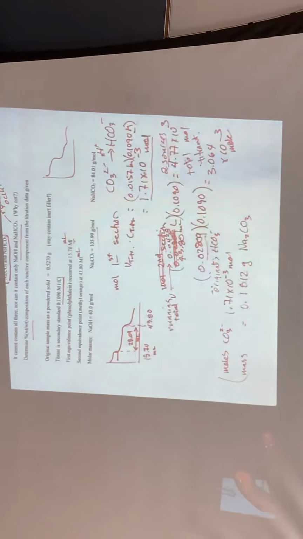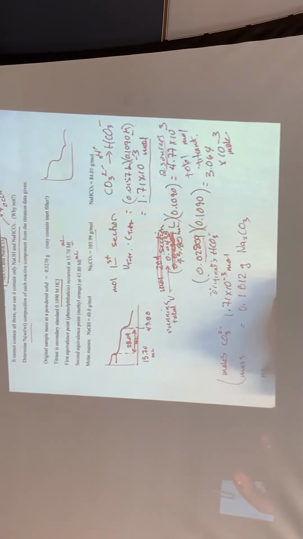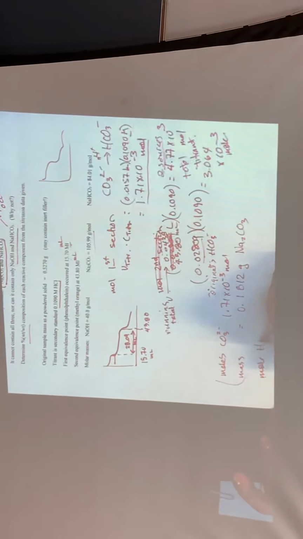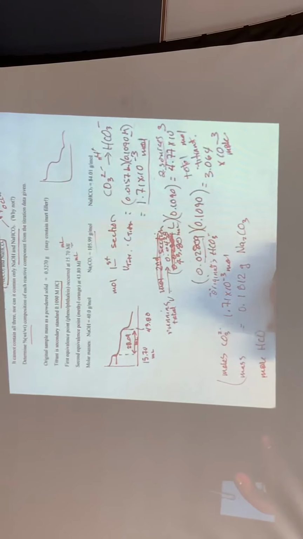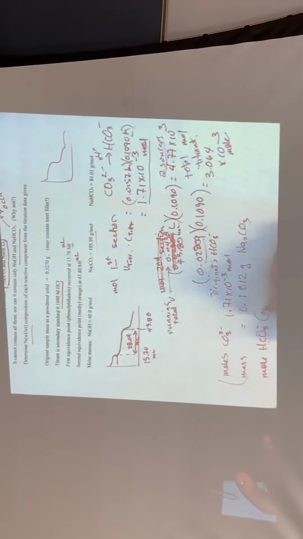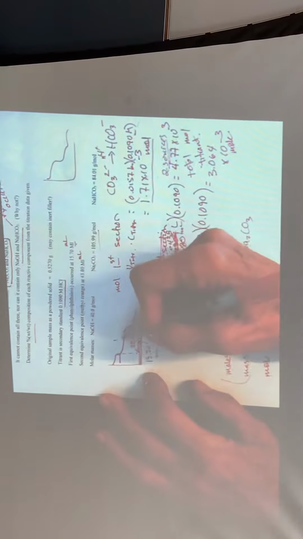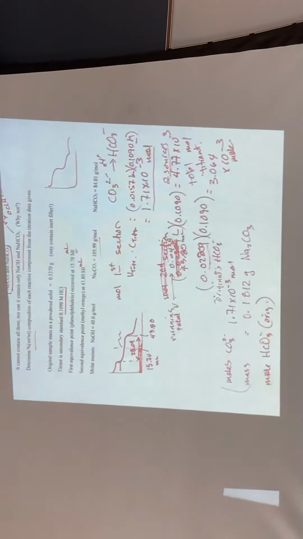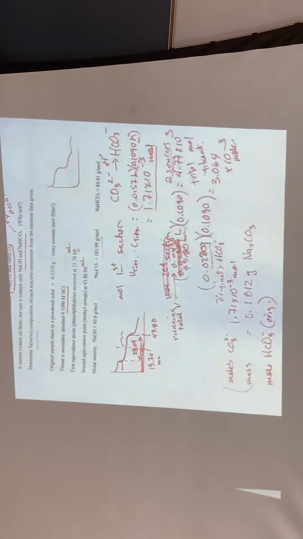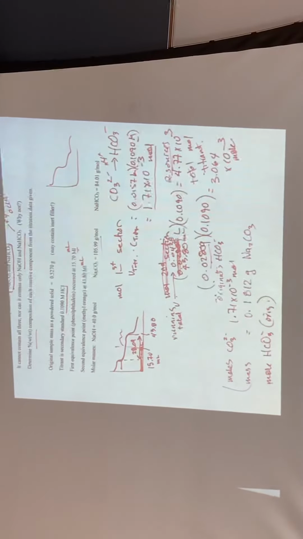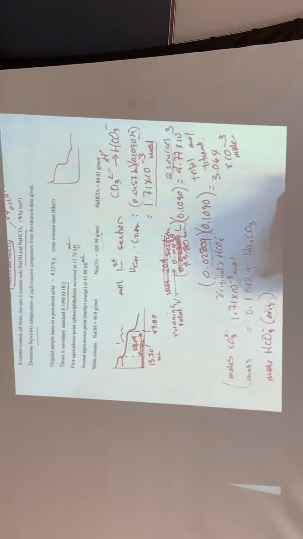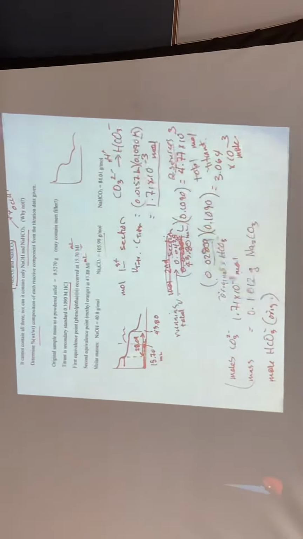In the second step, I had the moles of bicarbonate original. And how did I get that? I subtracted these moles, or you could do it as volume. Subtract these moles from the total here, and only this could be considered the contribution to bicarbonate that was originally present in your sample. So the moles of the bicarbonate originally present, we got